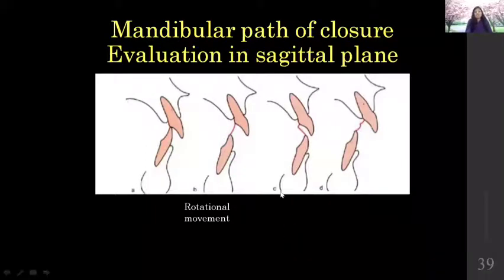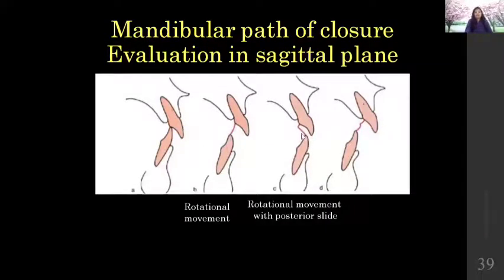In this case, you can see that the mandible has undergone rotational movement initially, and when it is supposed to occlude, it has glided anteriorly. You can check out the red mark: rotational, and then it glides anteriorly. In such cases, such class 2 cases, the class 2 is considered to be mild. Okay, posterior gliding, because in such cases, the class 2 is considered to be